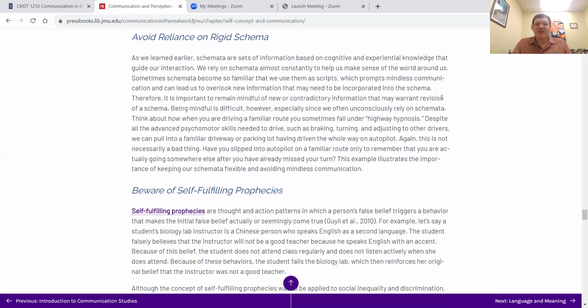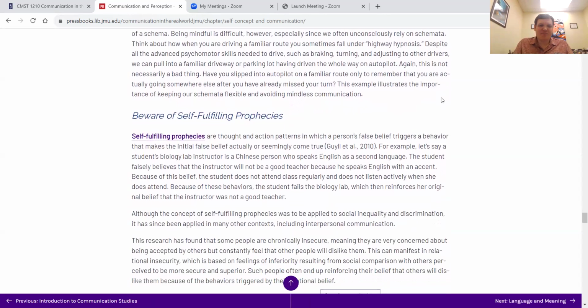But sometimes we can take a step back and say, hey, what if I'm wrong about this? What if I'm perceiving this in the wrong way? What are other ways of looking at the same situation? That can sometimes help us get a more accurate perception and improve our perception of self and perception of others as well, especially when there are cultural differences and you say, hey, maybe I should not judge this person based on my cultural schemata. Maybe I should look at what are some other ways of viewing the same situation.